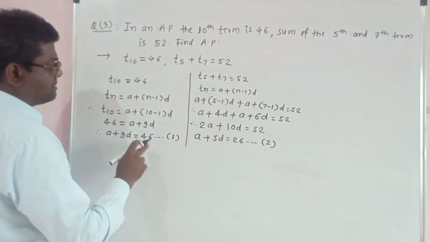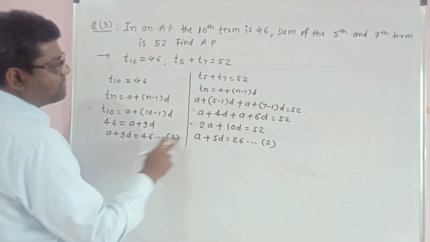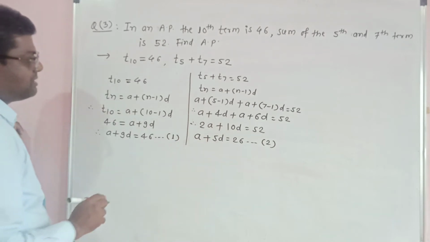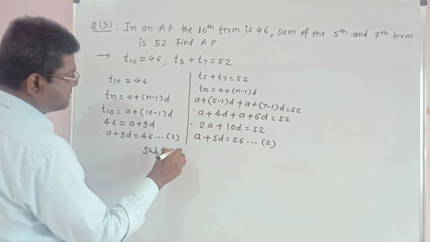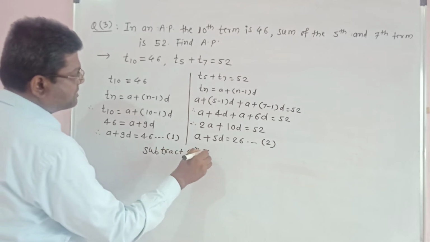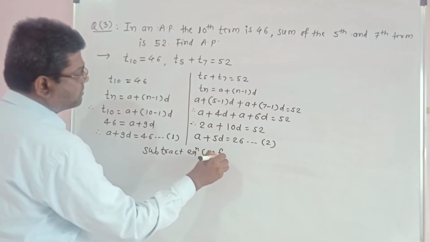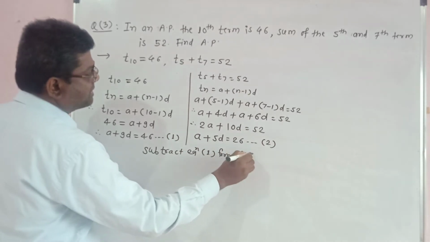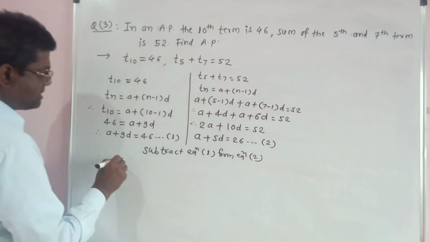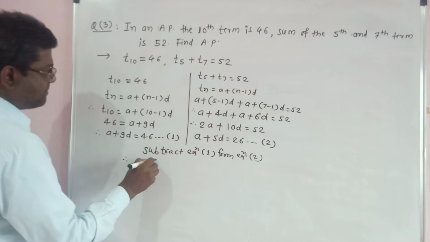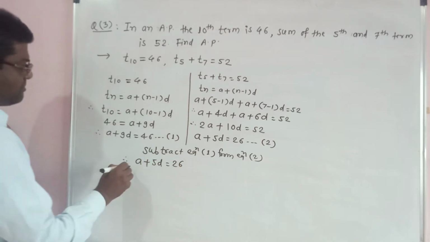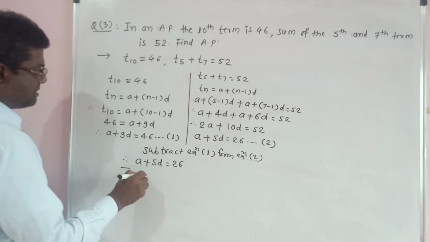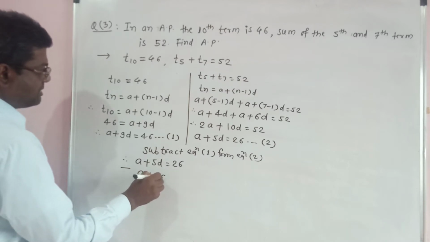Now subtract equation 1 from equation 2. So equation 2 is a plus 5d is equal to 26,